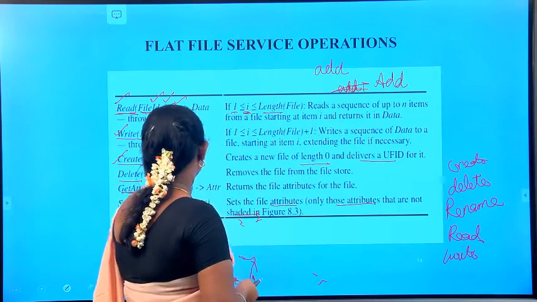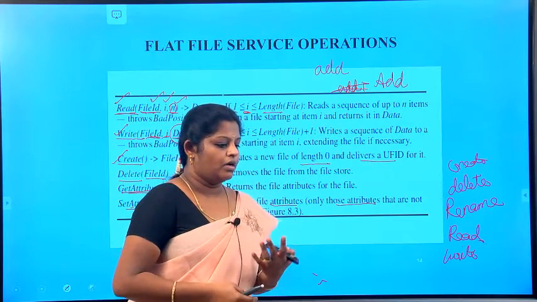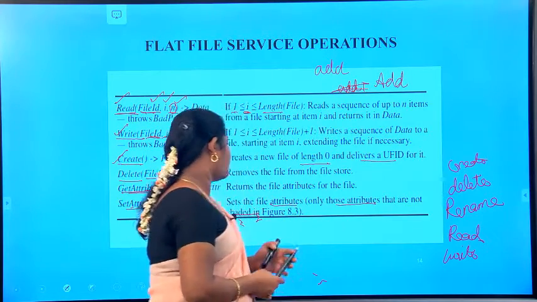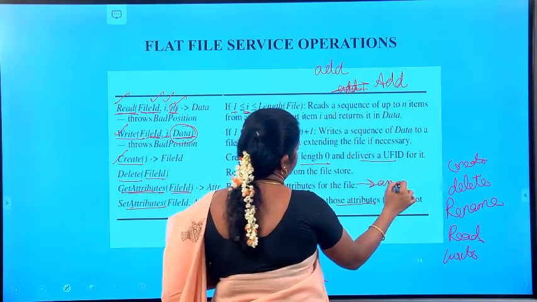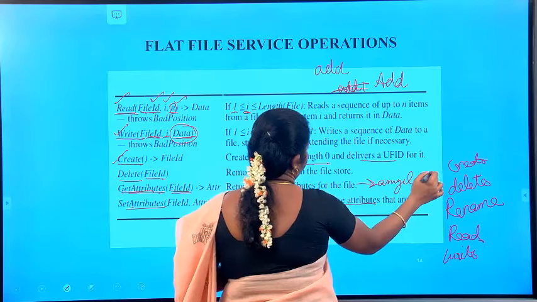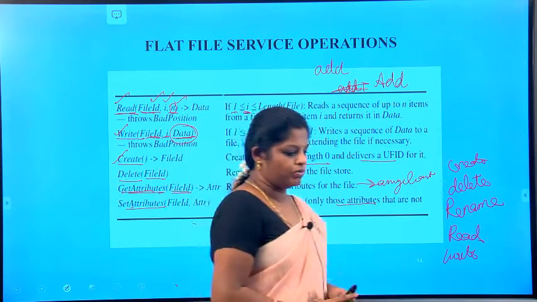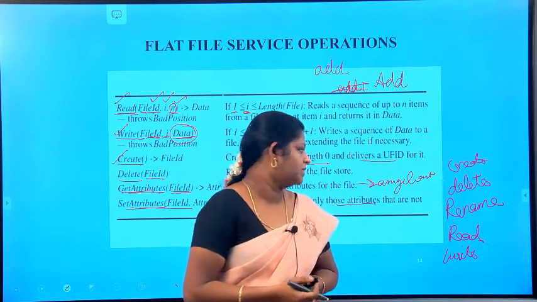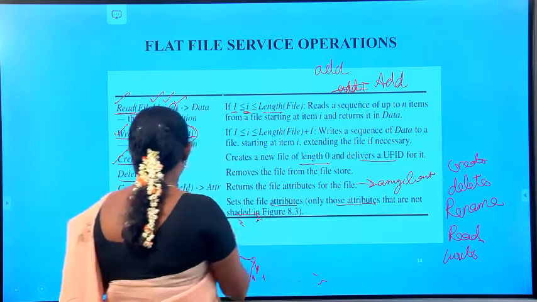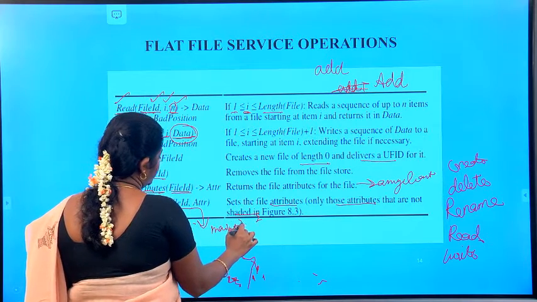So get attributes will normally be available to any client that is allowed to read the file. So this is used to allow the client to get the attributes. And the set attributes will be maintained separately by the flat file service itself.